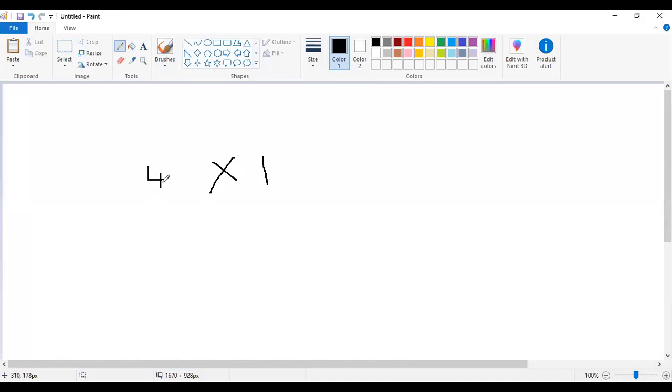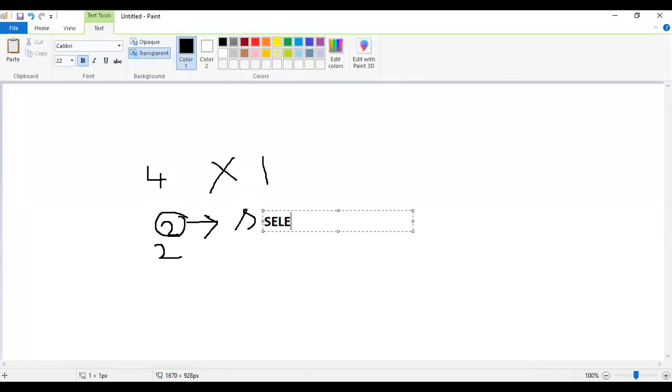So this 4 I can write as 2 power 2. So what is the 2 in the power? The 2 in the power is my selection line. So in 4 cross 1 mux, how many selection lines do I want? I want 2 selection lines. Okay.